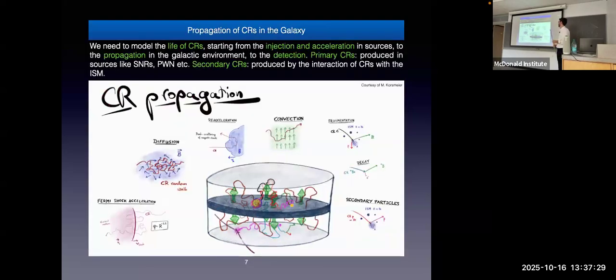Now, the standard model of cosmic rays can be basically summarized with this picture. Cosmic rays can be produced somewhere by a source that you can choose, but they are charged particles. And in our galaxy, we have a magnetic field, so they will not travel straight, but they will undergo a random motion, due to the fact that the galactic magnetic field is not just a regular magnetic field, but it's made of discontinuities and waves, etc. And so particles, once they are produced somewhere, will basically scatter and undergo a random motion